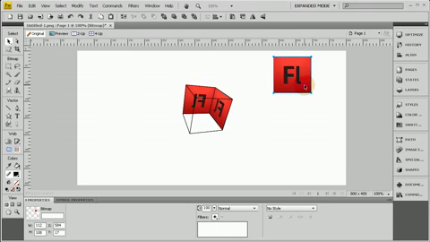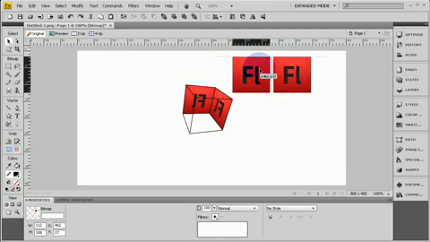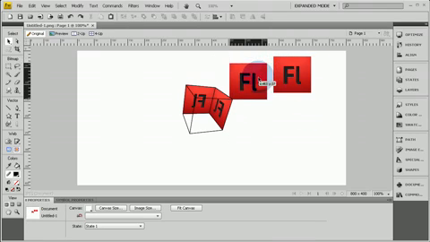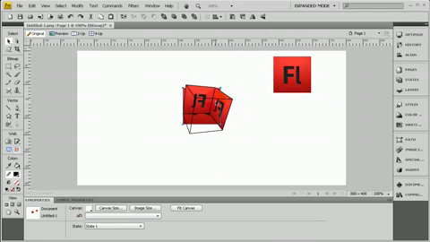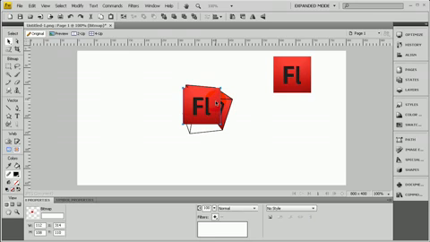Okay, never mind that, because I just realized that I'm going to have to show you something some people might not happen to know, so I'm going to show it. So what happens is when we Control C and Control V, copy and paste another copy of that, it's behind that box. We need it in the front. So let's press Control Shift up, or you can use the Arrange tool up here to bring it to any